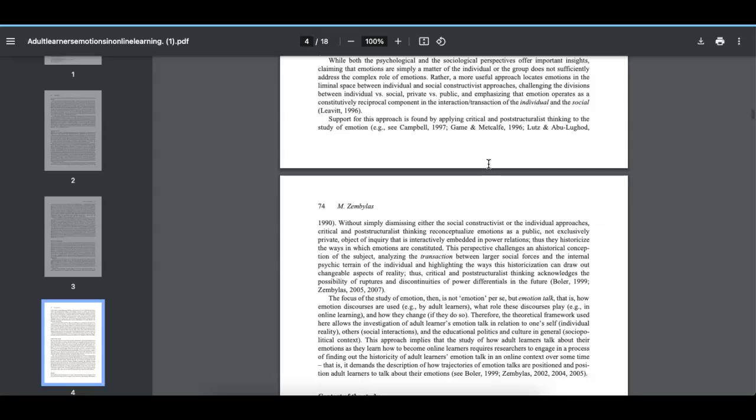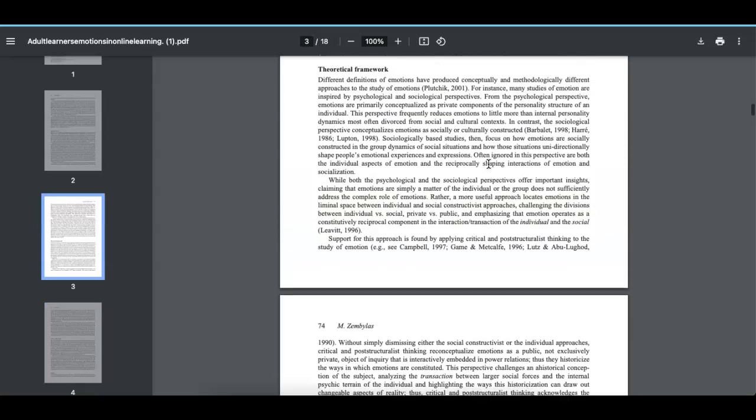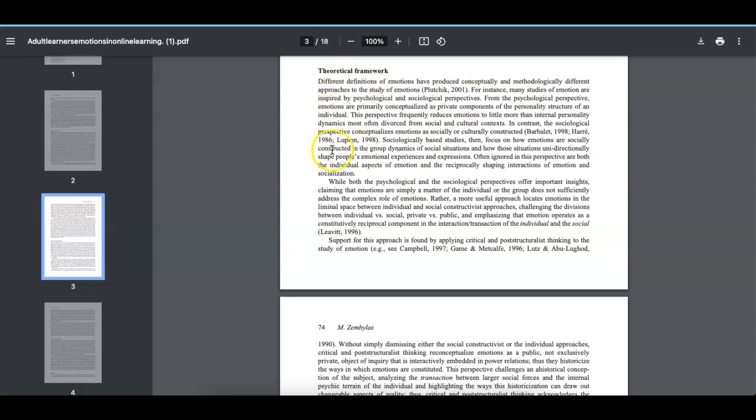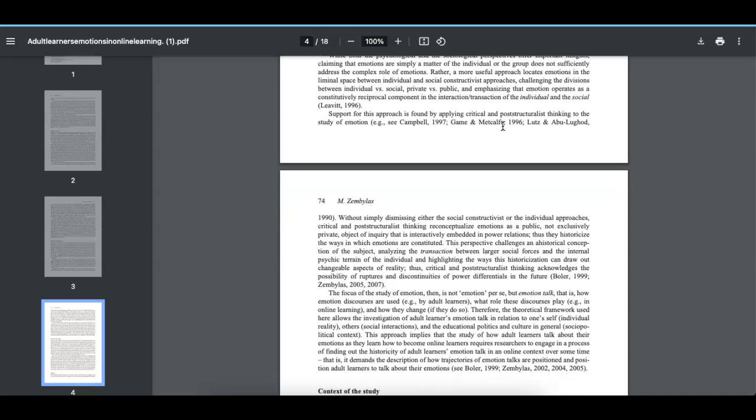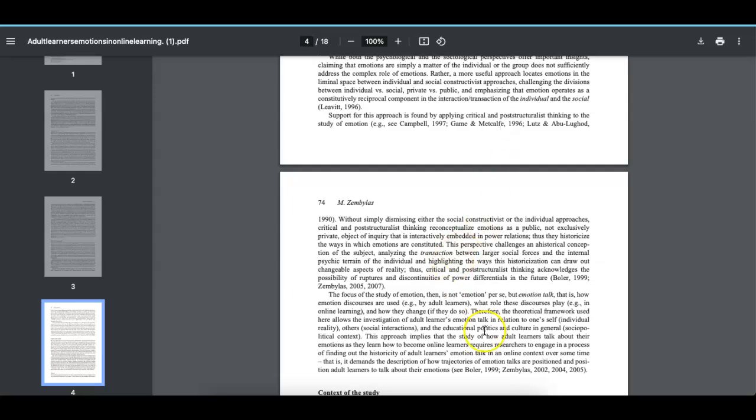You come down and it gets into some of the historical significance and the historical theoretical framework. Come down. You have to read this. This is where you really have to. So right down here, therefore, the theoretical framework used here allows. So what it's saying, it's not being perfectly clear. You need to go back and read in here. And I'm really looking for your interpretation of just what is the conceptual framework. It could be the theoretical framework.